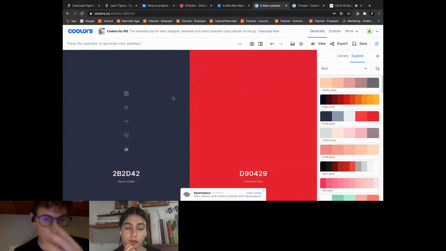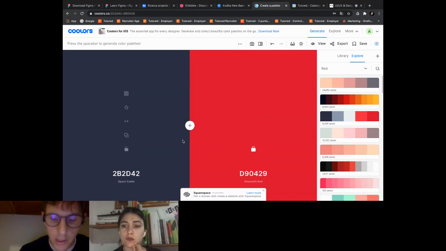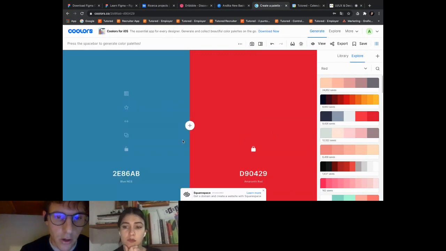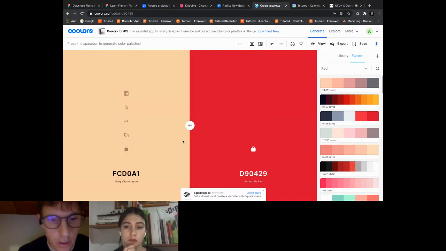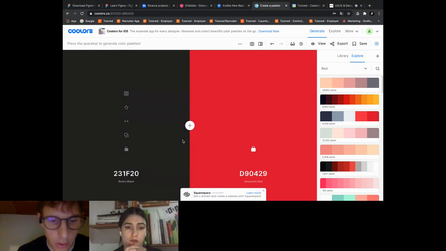So we have generated our primary and secondary color. But if we like this color, but not this, we can lock this one, and with the space bar, we can change the color and choose the color we prefer.